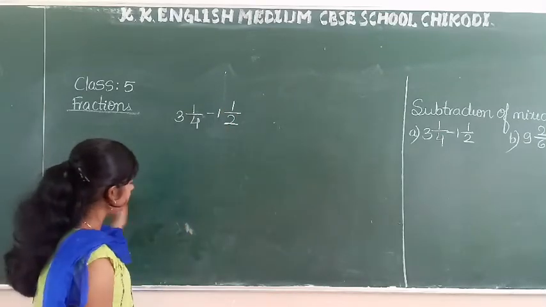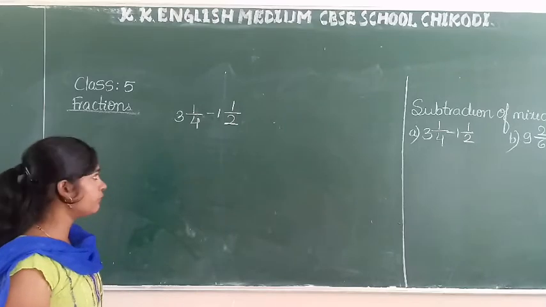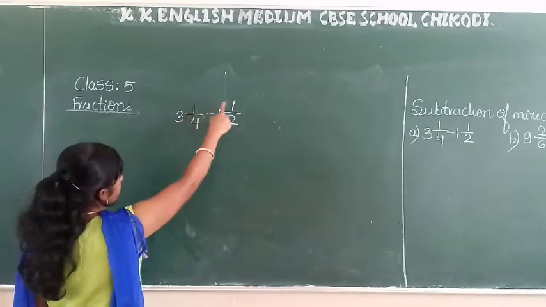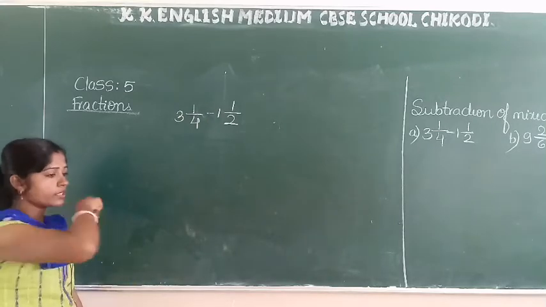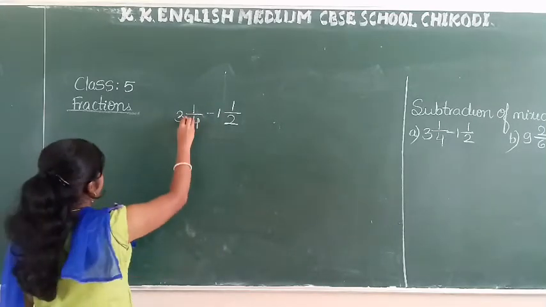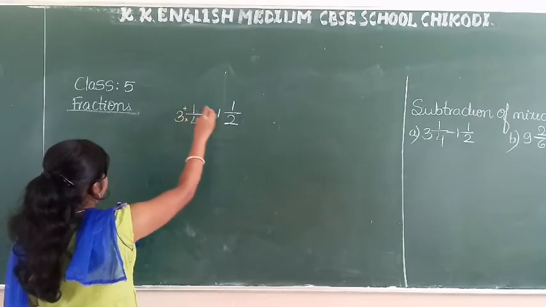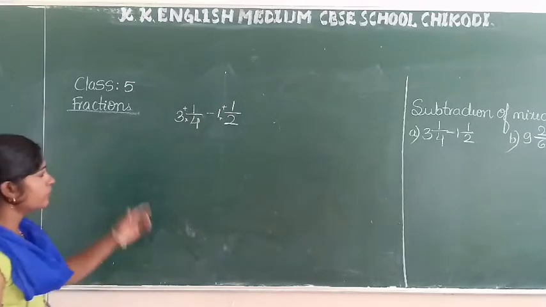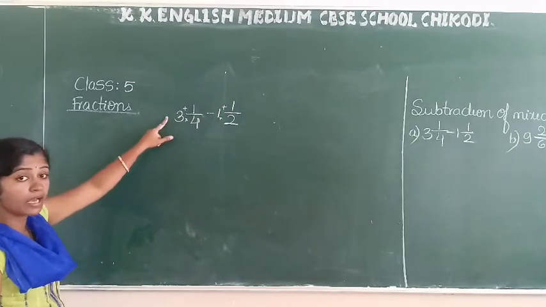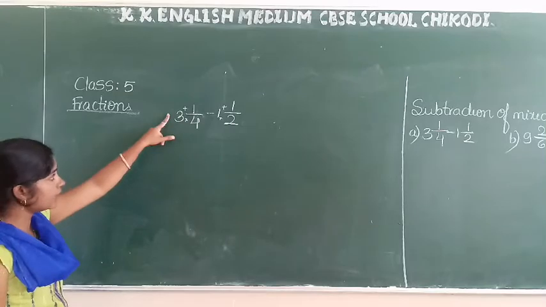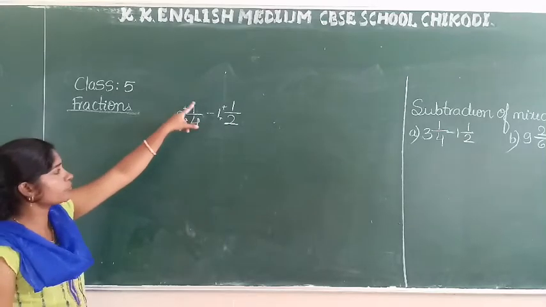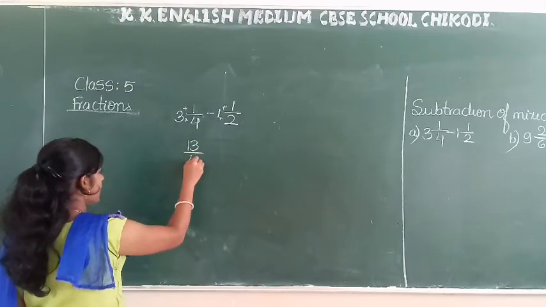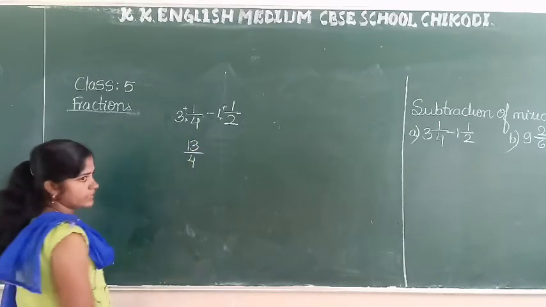Okay. Then already you know how to convert a mixed fraction to an improper fraction. This is there in the mixed fraction. How to do this? First you have to multiply, then you have to add. Here you have to multiply and here you have to add. Then how to do this? 4 3s are how much? 4 3s are 12. 12 plus 1 is 13. And the denominator as it is, means 13 by 4 is the answer.